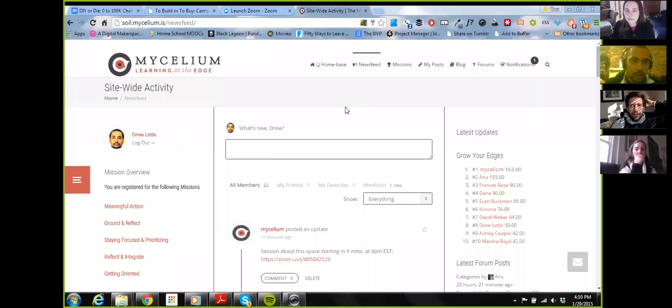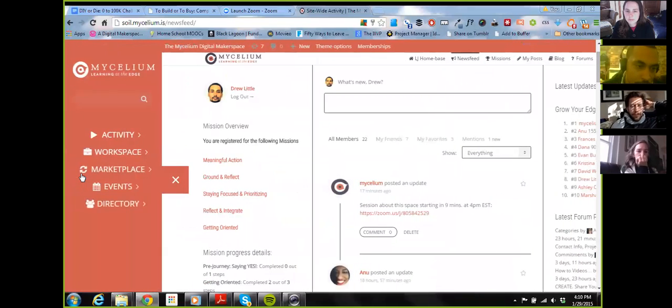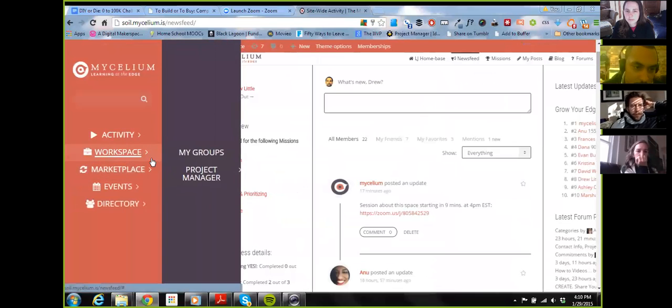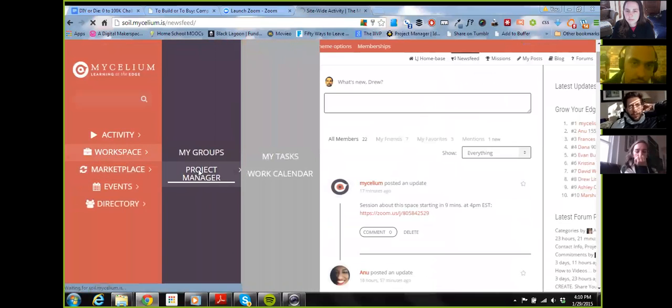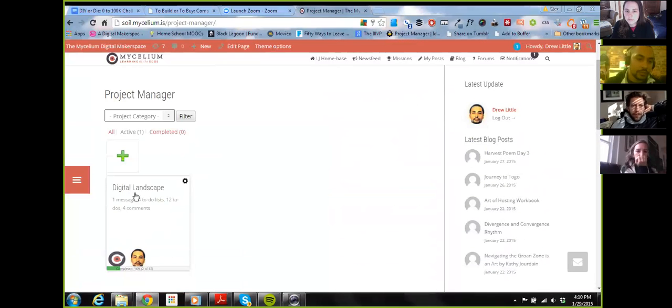Okay. All right. So to get to the project management area, what you want to do is go to the side menu, then go to Workspace, and go to Project Manager. And click that. Now, once you click that, you have these different projects and they're invite only. So you can only see the project that you're invited to. And admins are able to see all of the projects that's currently open. So if you want to,